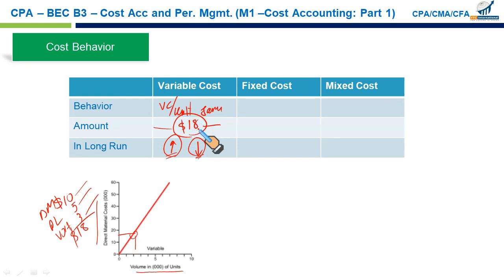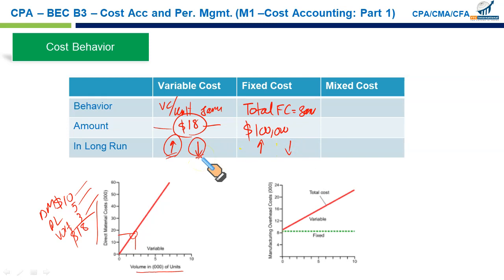Fixed cost, on the other hand, is the cost that stays fixed in total. Variable cost per unit stays the same, and fixed cost stays the same in total. Total fixed cost in the short run stays the same. Like if you have a rent of $100,000 to be paid every year, it is going to be the same for 2 or 3 years at least, unless a new rental agreement is signed. So total fixed cost, inclusive of depreciation, insurance, tends to be the same in the short run, right? But in the long run, as I said, it could go up, could go down, for the same valid reasons.